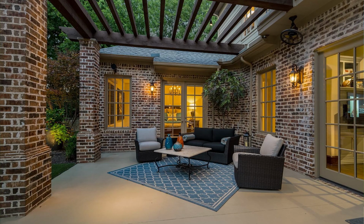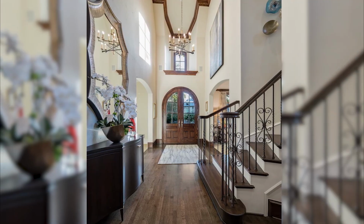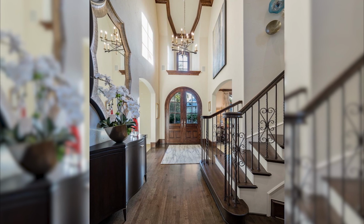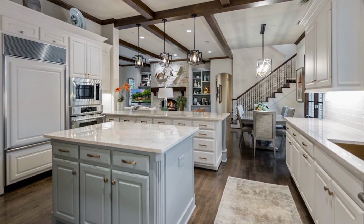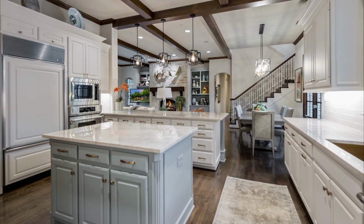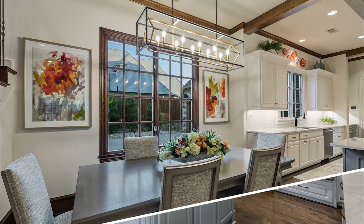This enchanting home is complete with modern and elegant finishes throughout. Enjoy high ceilings, expansive windows, and timeless wood floors throughout the first level. The open concept kitchen offers a wood beam ceiling with contemporary light fixtures, a massive eat-in breakfast bar, stainless steel appliances,